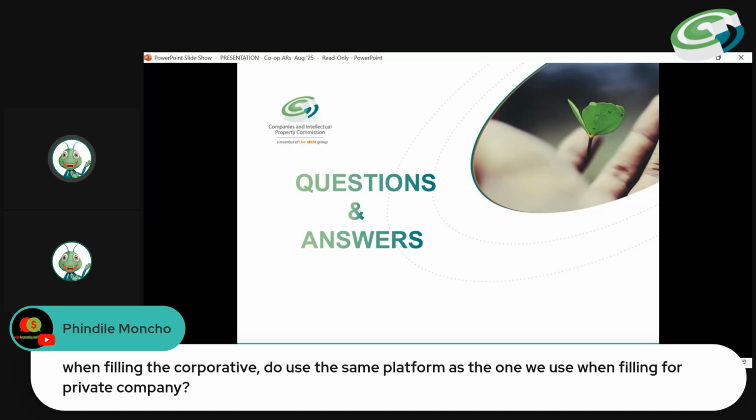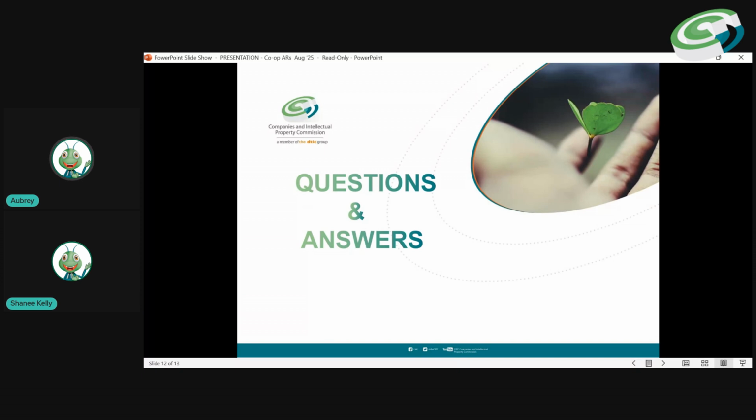No, in terms of the A1 and A2, as we've also indicated during the presentation, that can be compiled by the directors of the co-op.